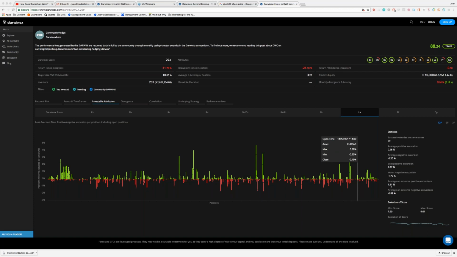Okay, so there's a question here by Eric, which is quite interesting. He's asking, are Darwinex Labs investments in our Darwins related to DWC? So Darwinex Labs has a mandate, which is to optimize the risk return profile of Darwinex's balance sheet. Now, the way to optimize our risk reward profile is, on the one hand, to invest in the best traders, as you would expect, but also, on the other hand, to hedge any downside risks whenever the best traders tend to get it wrong. So you will see that, and actually you can see on the performance fees,